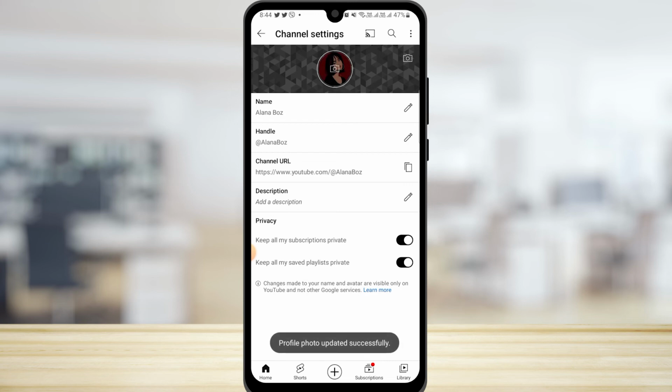So now you can see that the profile photo has been updated successfully, and that is how to change your